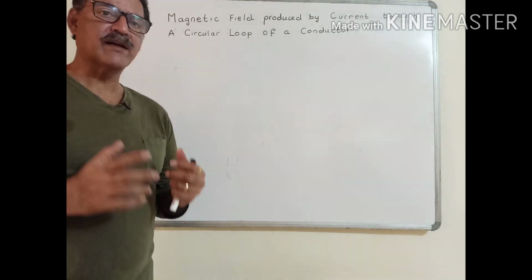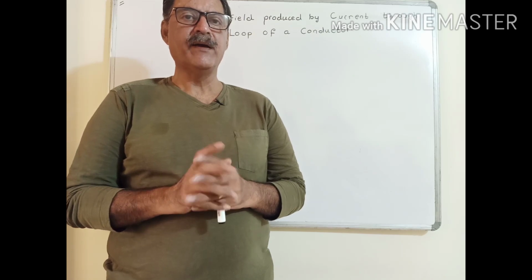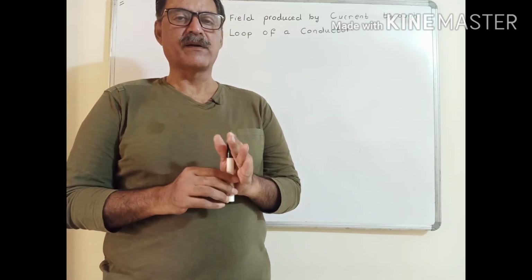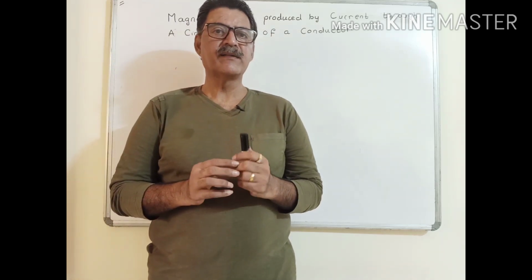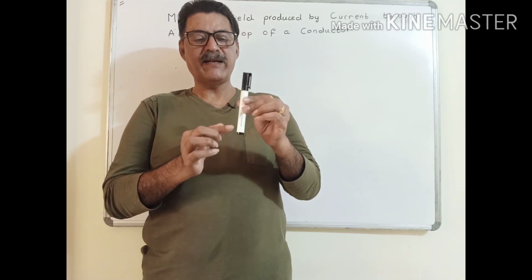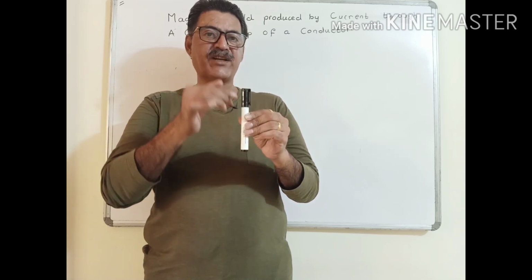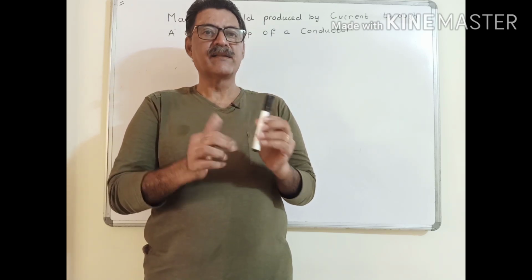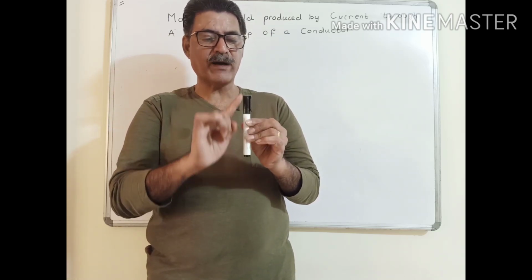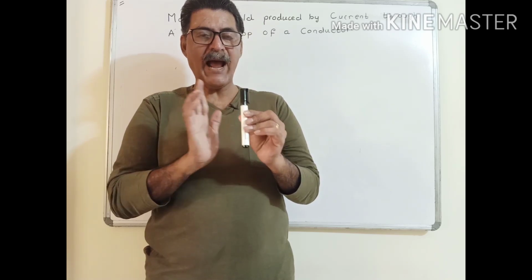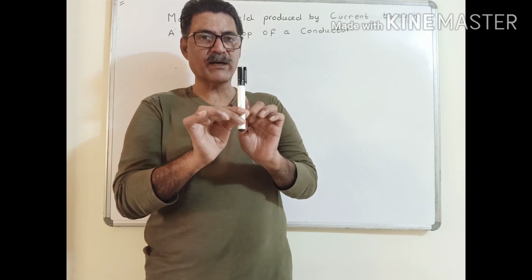So students, today we will continue with our chapter on the magnetic effects of electric current. Yesterday we learned the right hand thumb rule that gives you the relation between the magnetic field that is produced in a current carrying straight conductor and the direction of current. I repeat once again, the right hand thumb rule gives you the relation between the direction of current flowing in a straight conductor and the direction of the magnetic field that is produced due to the current flowing in this